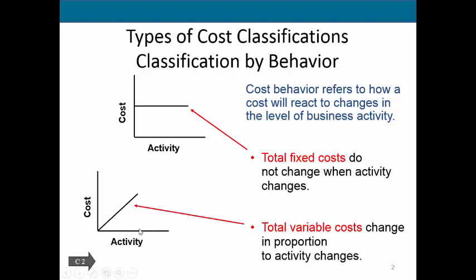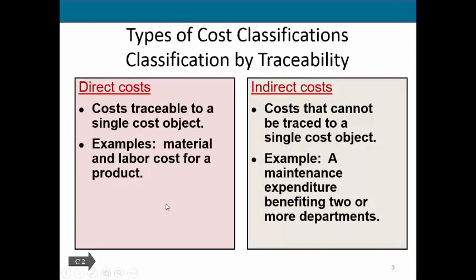However, let's move out here and let's just say that we make 50 bikes. If we make 50 bikes, 50 multiplied by 10 tells us that we have a cost of 500. So you can see in total the amount of our variable costs depends on how many items that we're making. So that's the difference between fixed costs and variable costs in total.